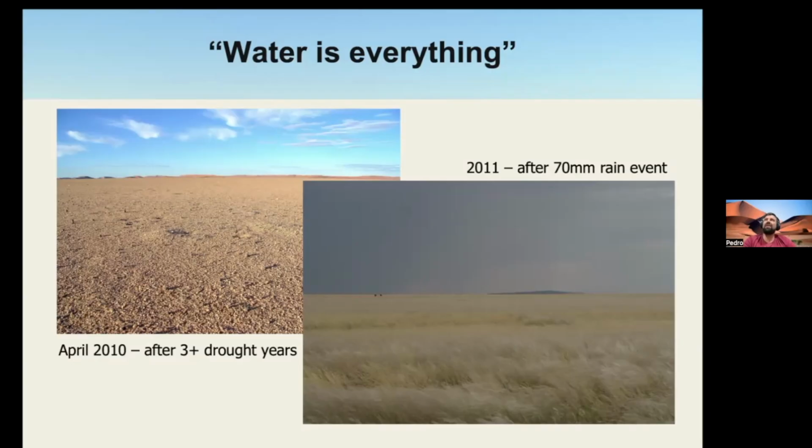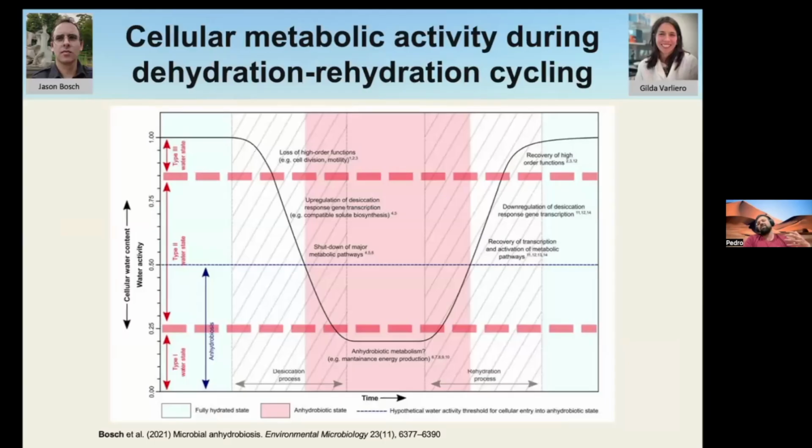One in 2019 and one in 2024, I think. And it really is striking the difference once it rains, everything just becomes green. It's amazing. And of course, in terms of what this means for microbial communities, as I pointed out before, we do believe that in most cases they are in a state of anhydrobiosis, where, under certain water activity, your metabolic potential is quite low. You're just maintaining your metabolic potential without much activity, and you're primed to react very quickly once you have that